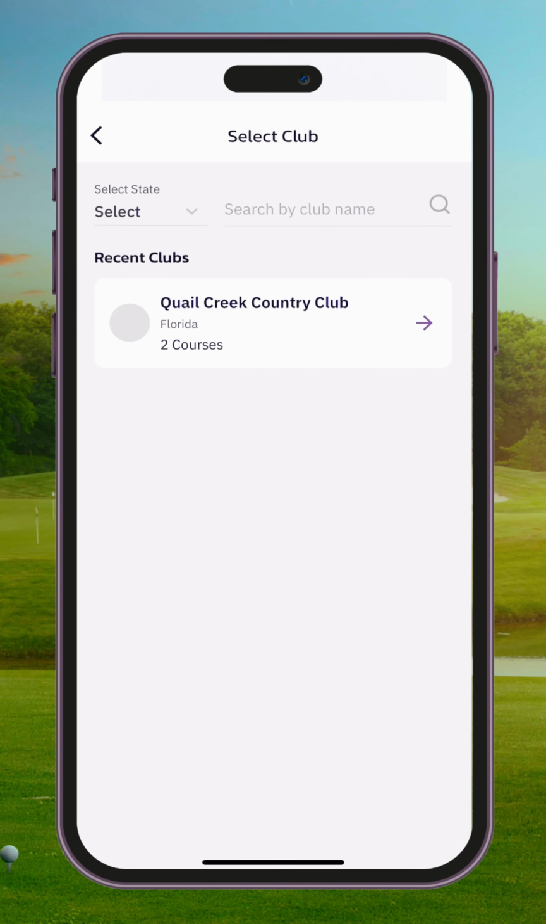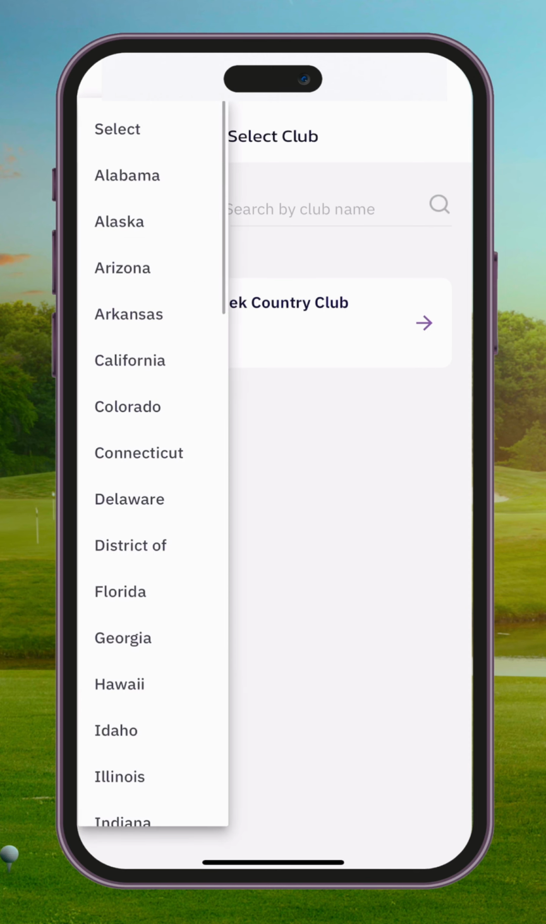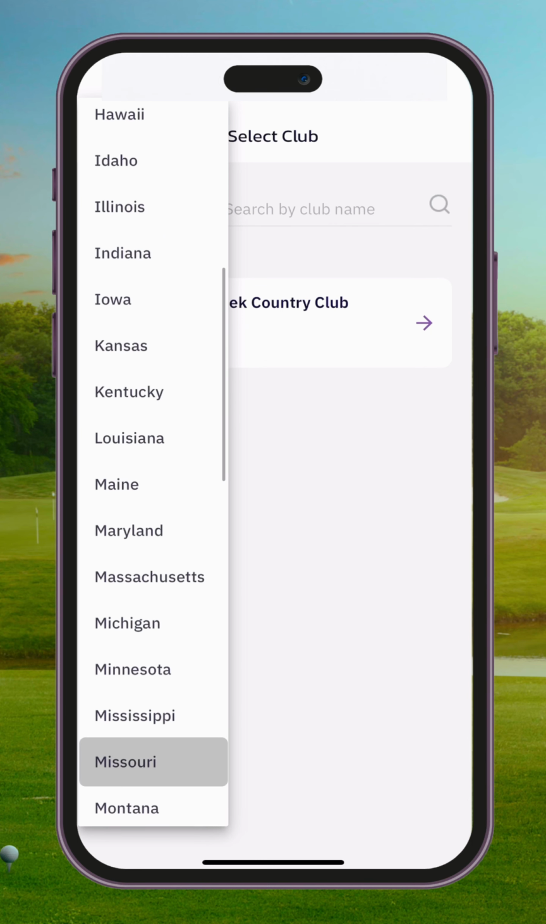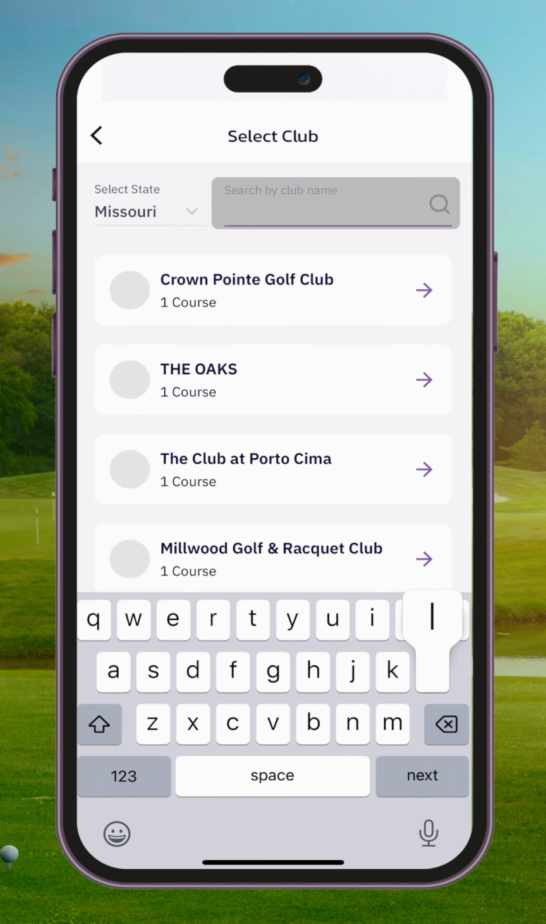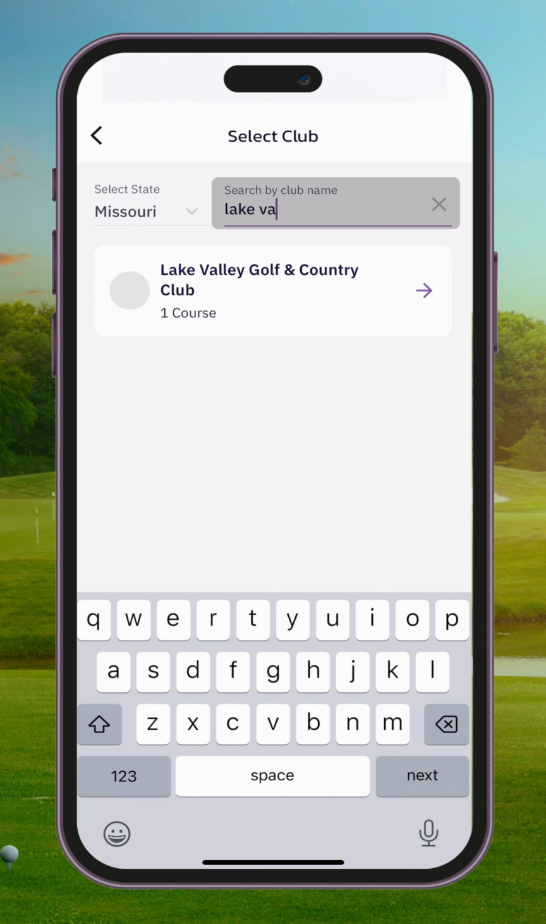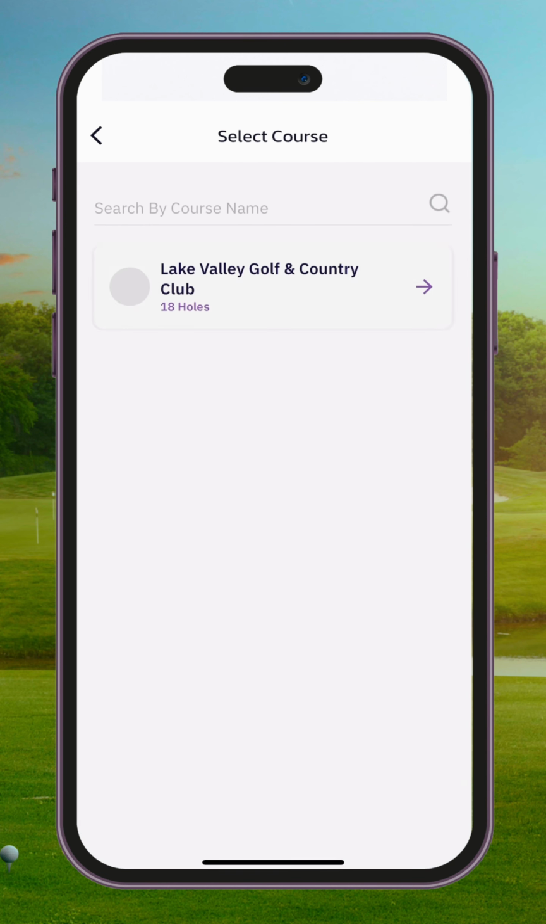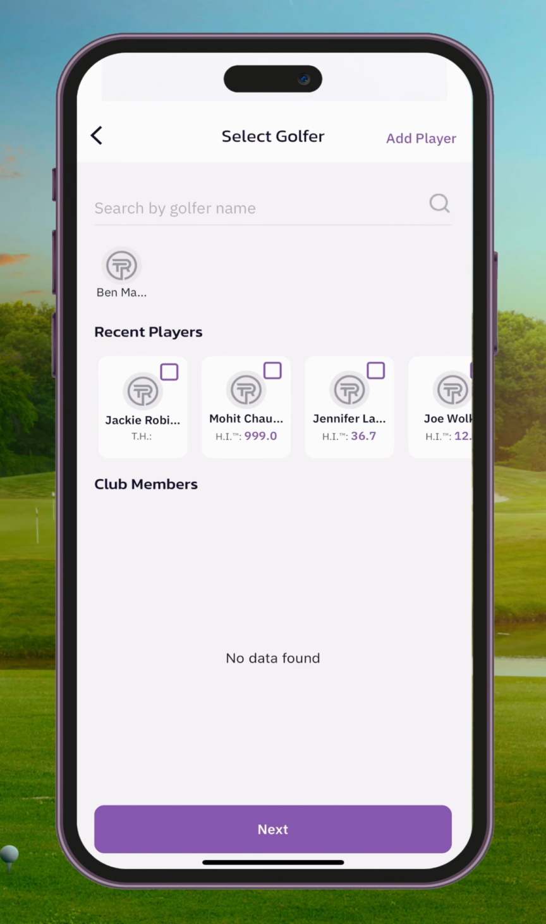Here, I can select the golf course that I want. So the recent club that I've set up is Quail Creek, but if I wanted to go and select, say, a golf course in Missouri, where I grew up, there was a course called Lake Valley Golf and Country Club right here. So let's say I want to play there today, and after I select the course I'm going to play,